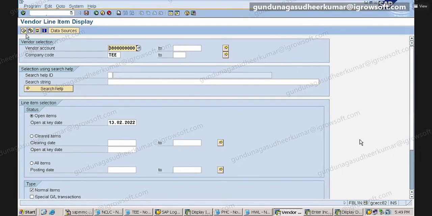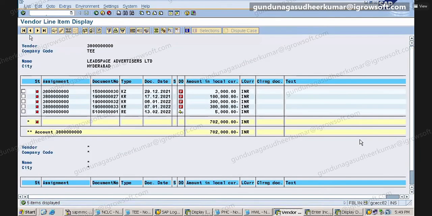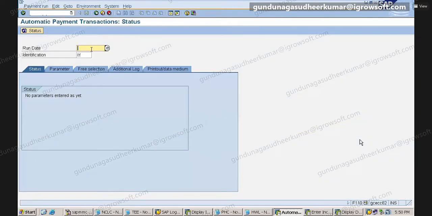It will ask to activate the ticket, because we will have to clear all of that. 1 lakh, 3 lakh. KZ payment. Let us try, let us hope for the best. I'm not doing all that, but I just wanted to show you quickly. 13.02.2022.